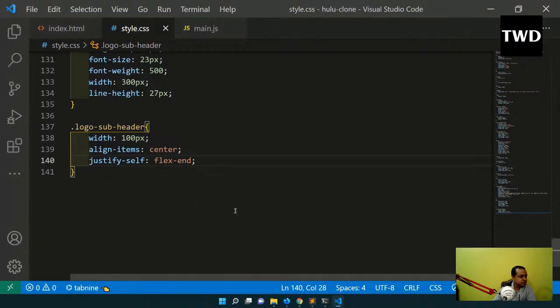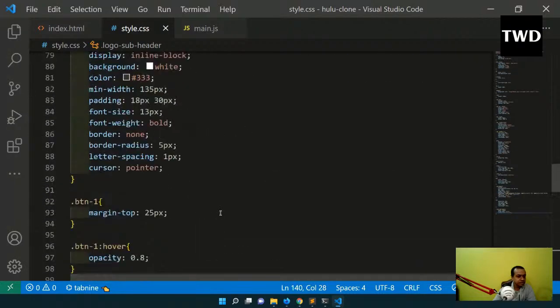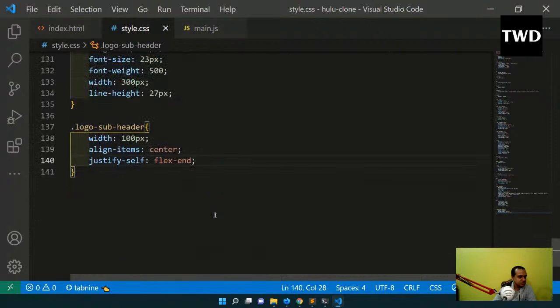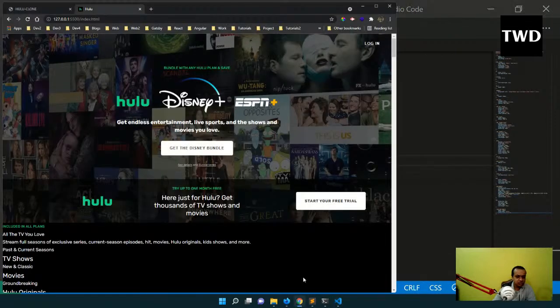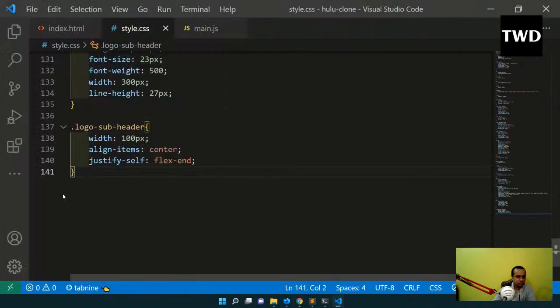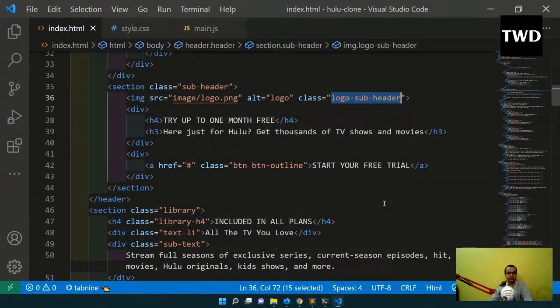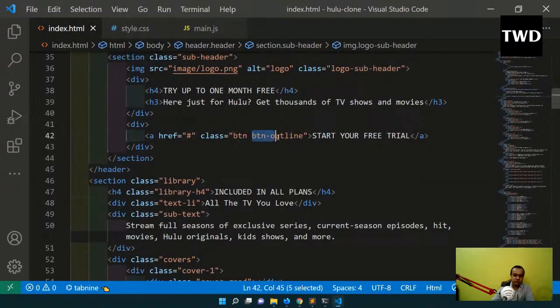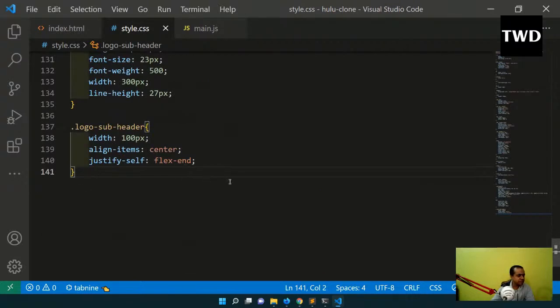And the button has already been done actually. Okay, so the button is done already. No need to do the button, but one thing is there. This button is a bit different. So this btn outline I have given, and in this button I have not given the btn outline. Because it is the opposite of that button, we can keep all the properties there, but I will do the